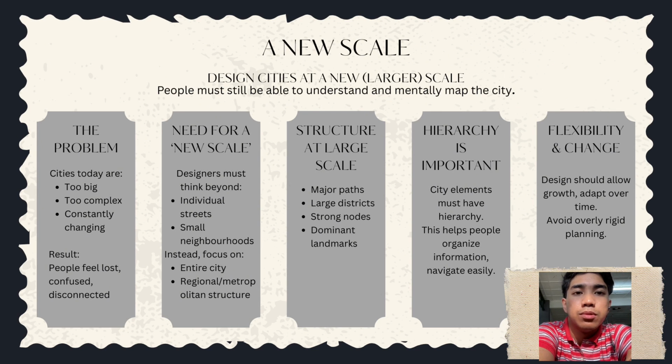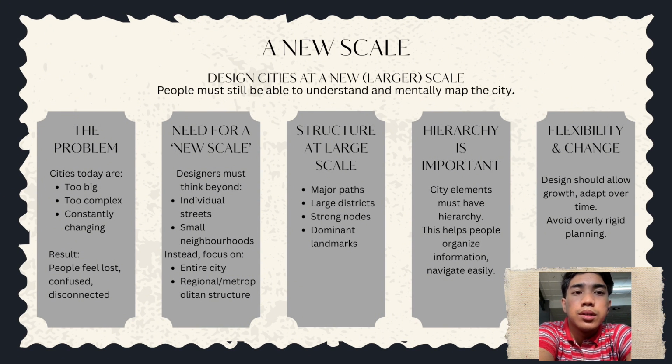In this chapter, Lynch points out a major problem in modern cities. The first one, they are too big. The second is too complex. Third is constantly changing. As a result, many people feel lost, confused and disconnected. To solve this problem,